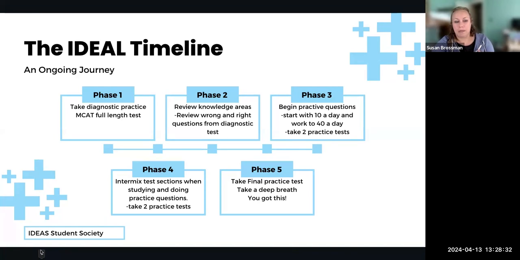Along with your timeline and setting up how you're going to study, you should think about when you want to take your test, because it's highly recommended that you have all pieces of your application ready when the application opens for medical school, so that you can put everything in all at once and click submit. That puts you at the front of the pack.